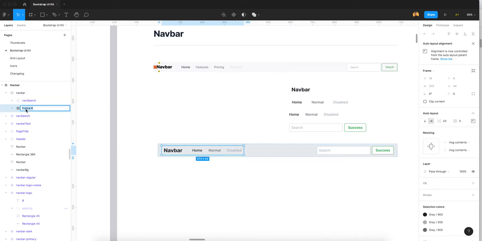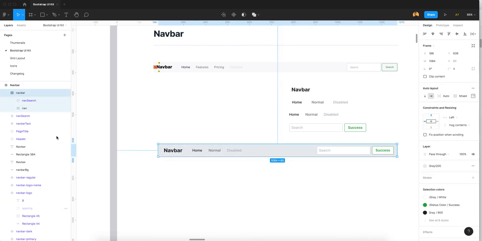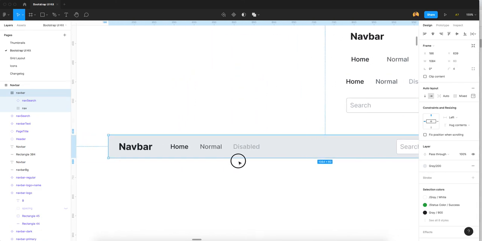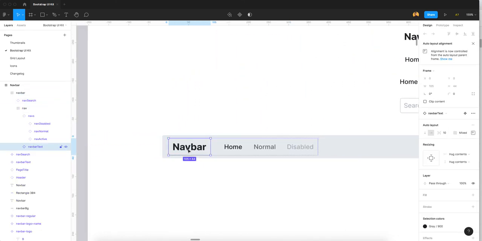Now I will go here and randomly add nav items. Okay, now this is a complete navbar. Now if you see here, the 16 pixel space, and something changed here, 16 pixels. I go here and change the padding of this.